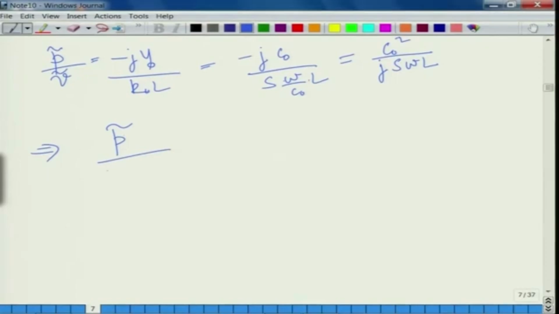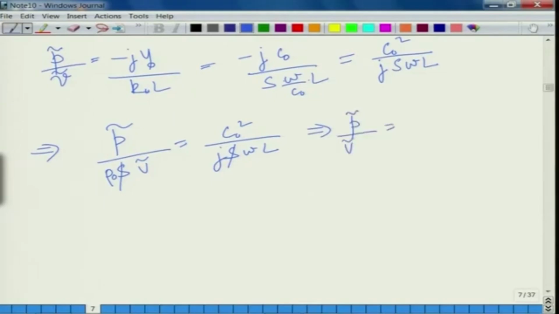So, rho naught into S into u we can write as C naught square by j S omega L. So, S gets cancelled, and eventually you will have things like